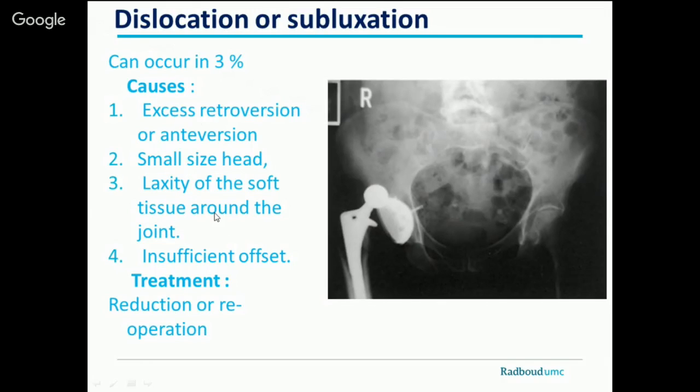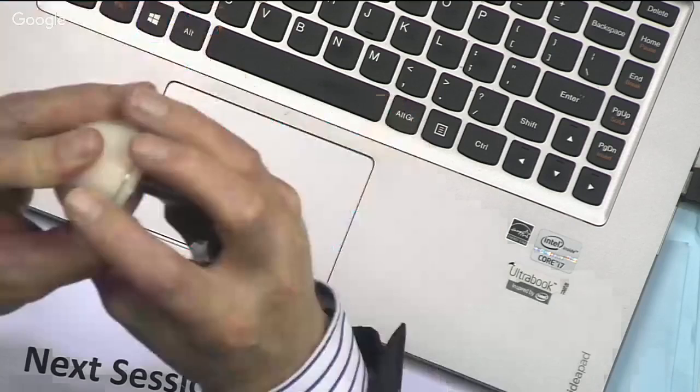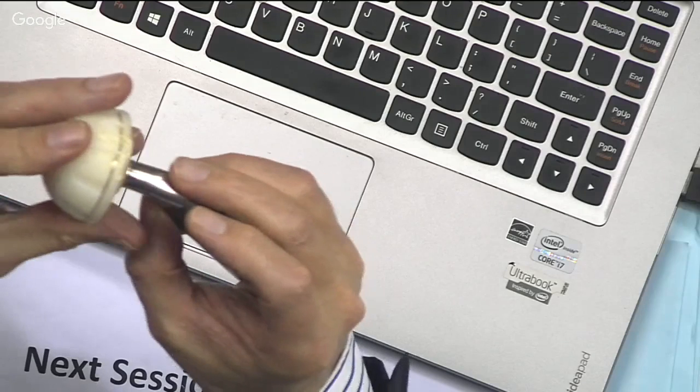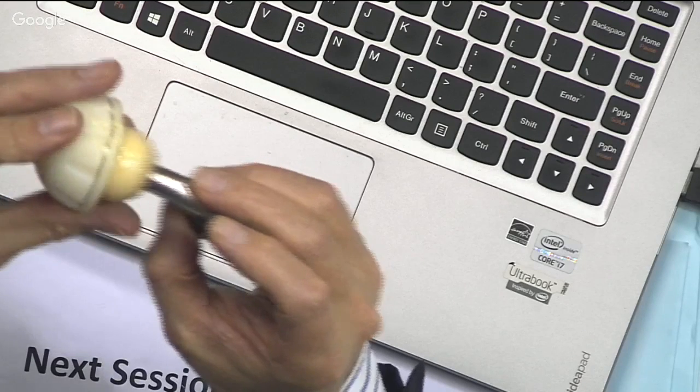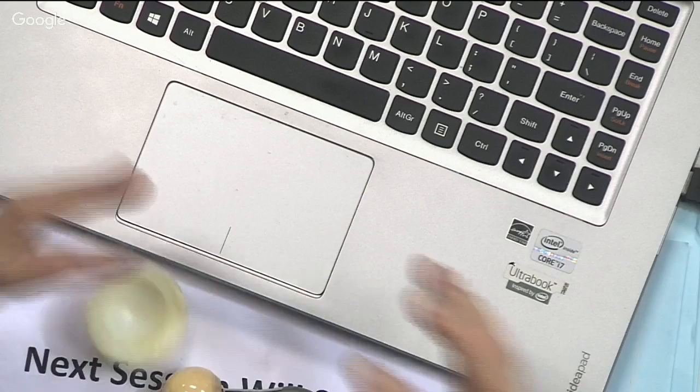There can also be the laxity of the soft tissues can be too low. That means that there is a capsule around the joint which keeps the joint together. If the laxity is not enough, there is too much play here, and in a certain event, it can pop out. You know, so the surgeon has to make sure that there is enough tension in the capsule,